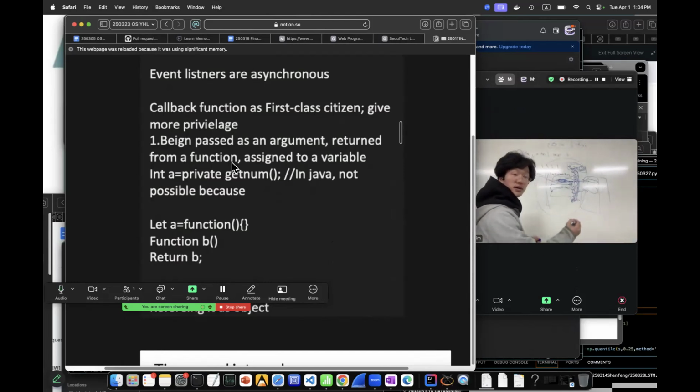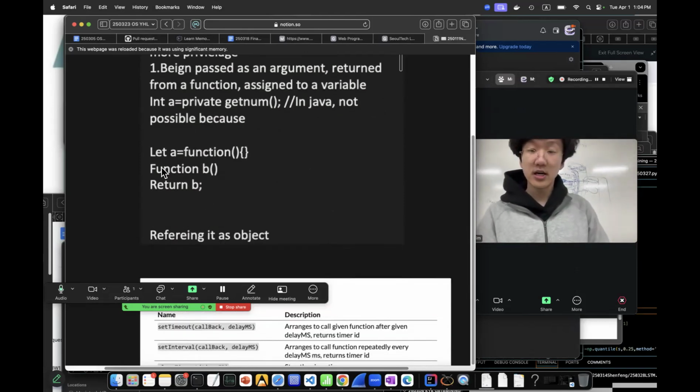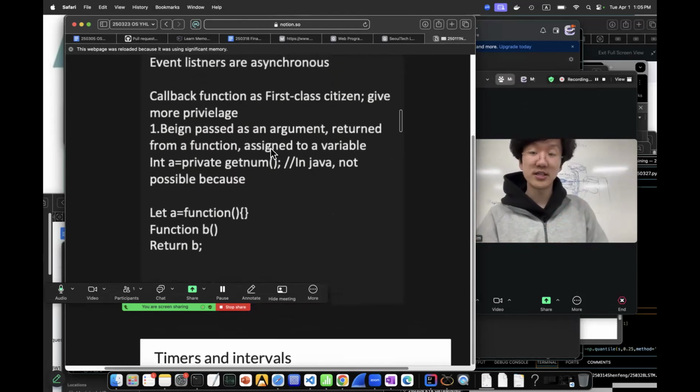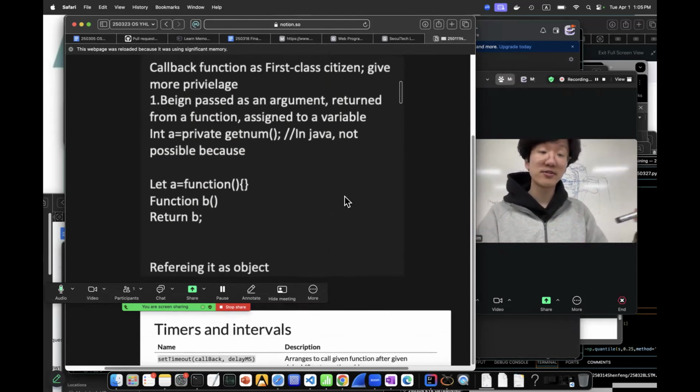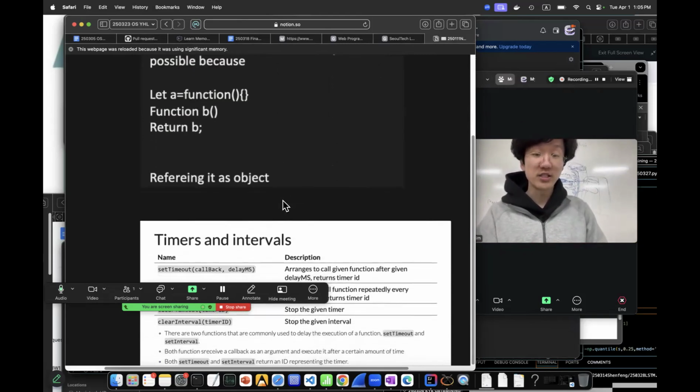For example, in Java, it's not possible to do int a equals a private get number method. But in JavaScript it's possible: let a equal a function, and we can even return a function b. So in Java, the object is the first-class citizen, able to do these three things. In JavaScript, the function is the first-class citizen.